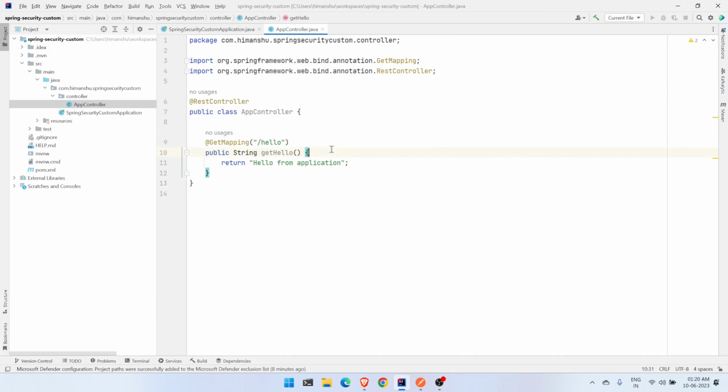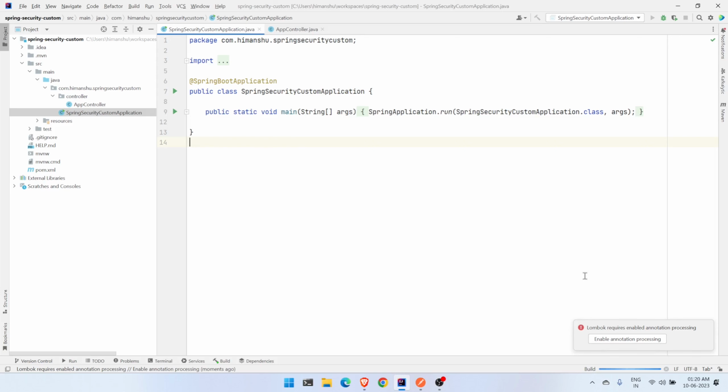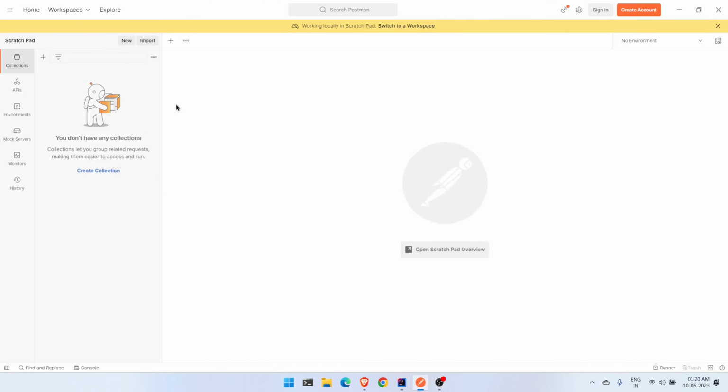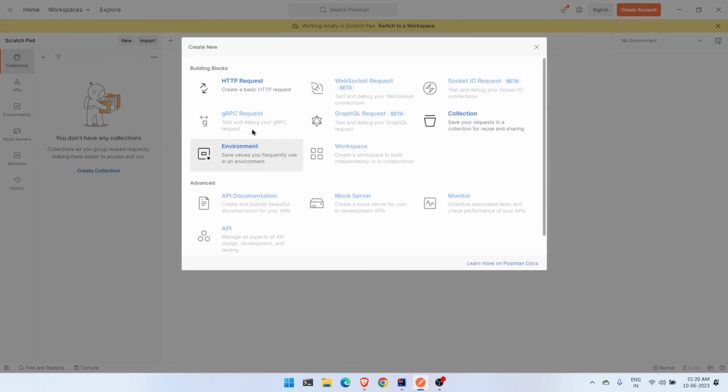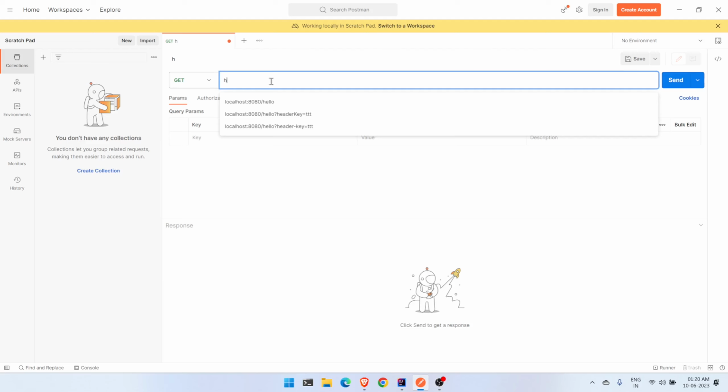So we just created a controller and let's quickly check the default behavior. So let's run the application. Alright, so the application is started and the default behavior is we are getting a password and the default username is user. So let's head to the Postman, create a new request, it is a HTTP, and we are going